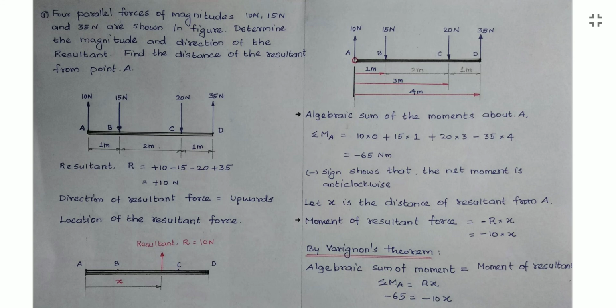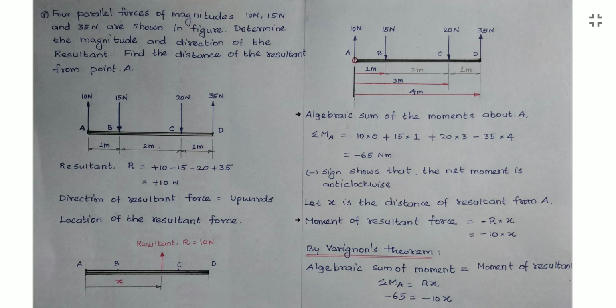So the moment about A is equal to force into distance. Force value. So it rotates in which direction? Anti-clockwise. The upward force will rotate. As it is fixed at A, the upward force makes the bar AD rotate in anti-clockwise direction. So it is minus R into distance from the hinge point A, which is x. Already we assumed it as x. So minus R into x. As it is in anti-clockwise direction, minus the resultant value R into the distance from the fixed point. Moment about A, isn't it? So minus 10x.